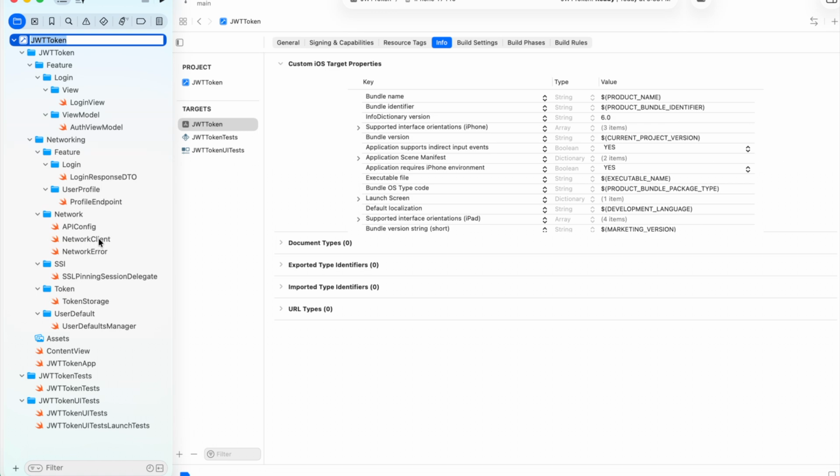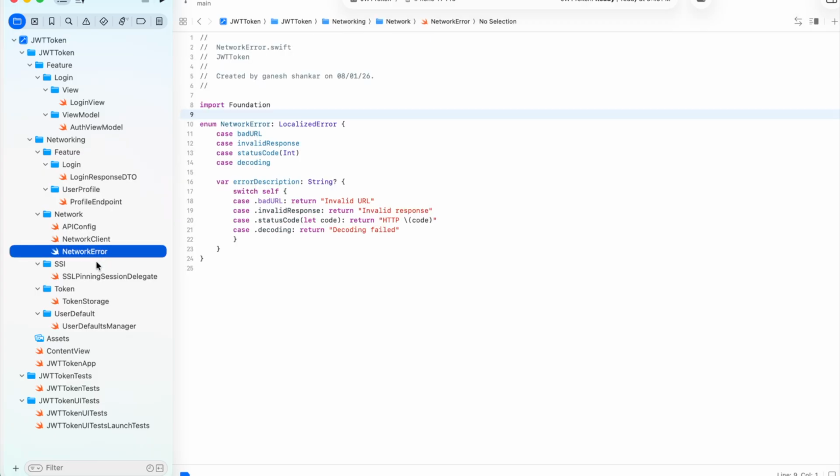We already made a video over it. I will just go through the code so that it will be a bit easy for you to understand what the things are, and then I will explain the SSL pinning, and then the JWT token, on the basis of the token we are getting and then storing in our SwiftData and all. So let's get started. So this is our network error, which will have the possible scenarios through which the